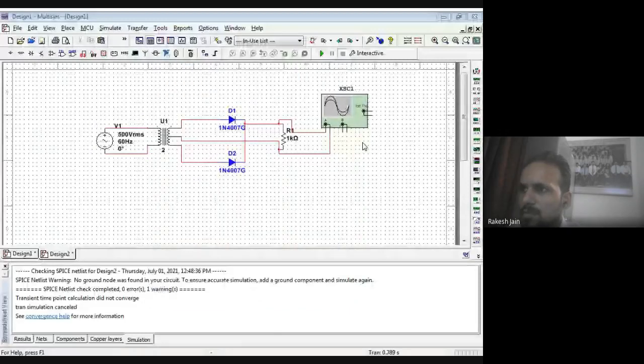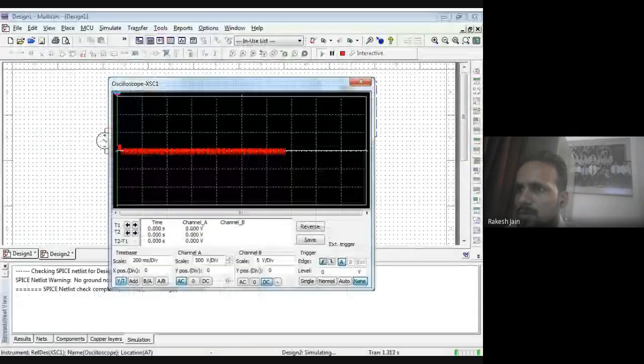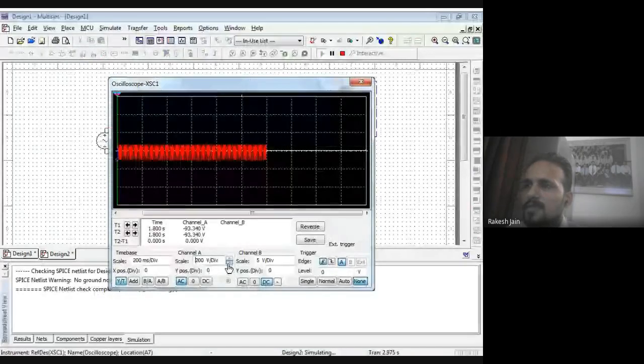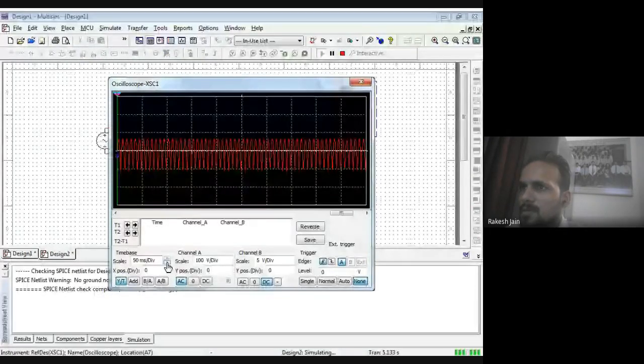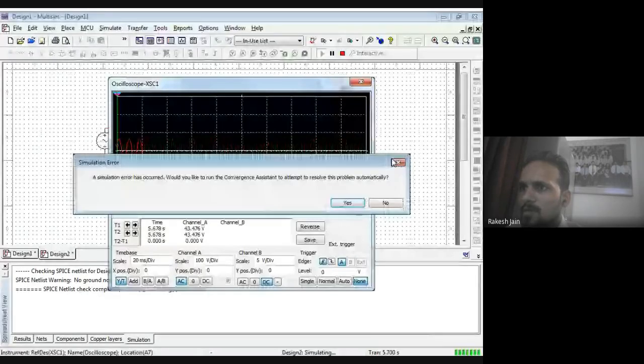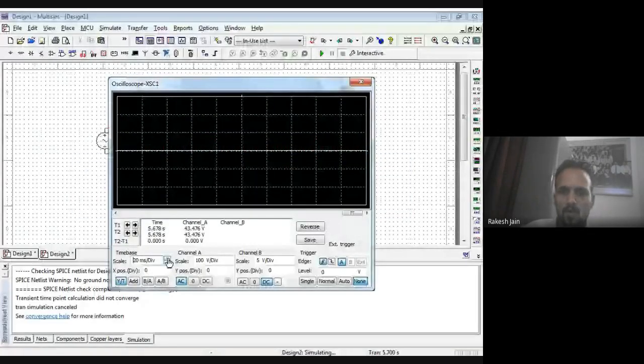Are you able to see this? Type in the message box. Are you able to see this final waveform at the output side?